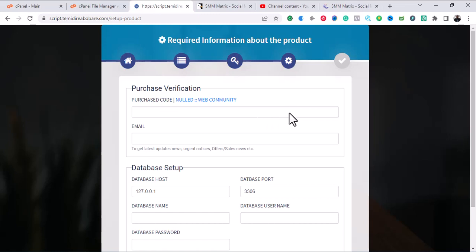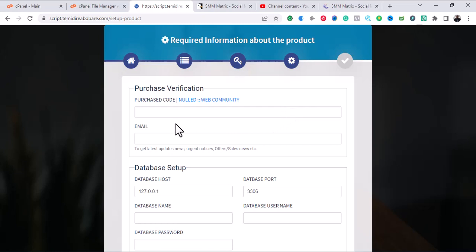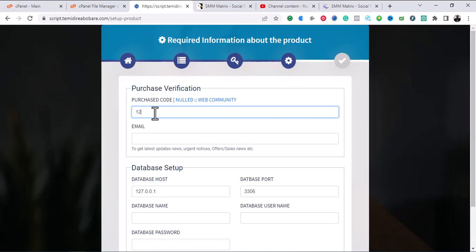Okay. So inside the purchase code there, just put anything you like. Okay. Just put anything you like. So I'm going to put 1, 2, 3, 4, 5. Okay,